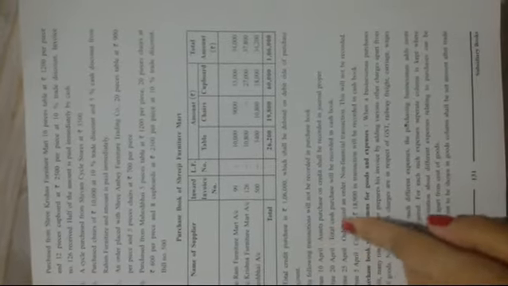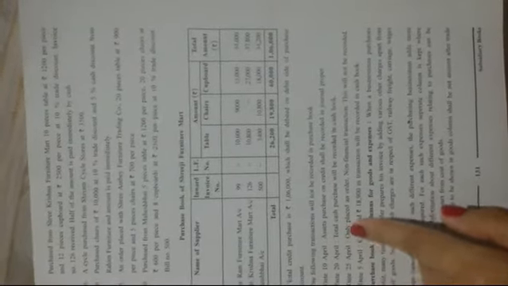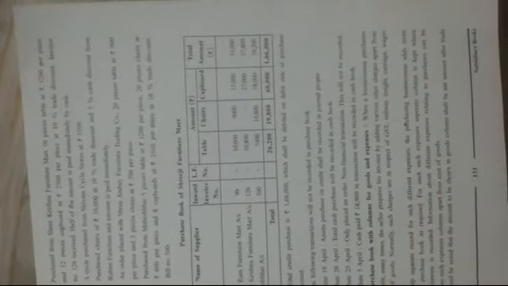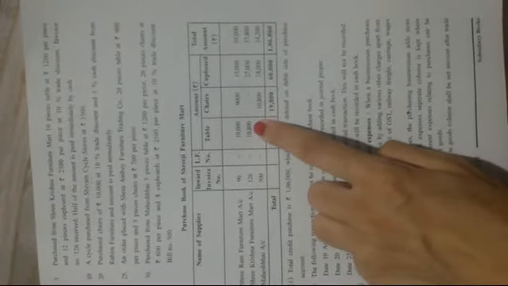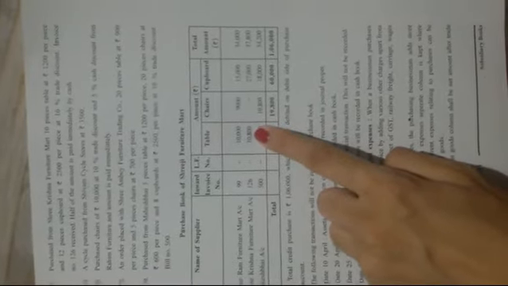But 10% trade discount is also allowed. So you have to calculate 10% of 12,000: 12,000 into 10 divided by 100. You will get 1200. If you minus that 1200 from 12,000, you will get 10,800. That amount you have to write in the table column. Then for the chairs, chairs are not purchased. Therefore, you have to put a dash, and the cupboard was purchased, that is 12 pieces cupboard at rupees 2500